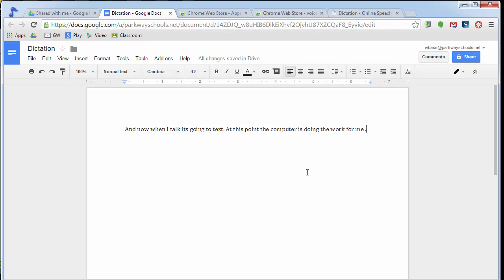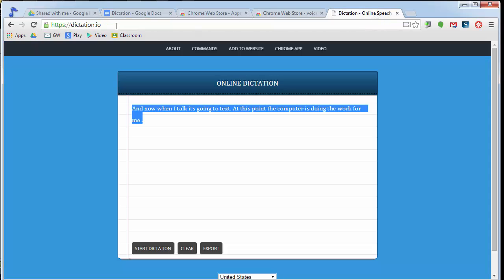So I hope that helps. This is one option that you have available. Just be sure you go back and check out that web store and install that app there. Now, if you don't have the ability to install that app, all you have to do is go to the website